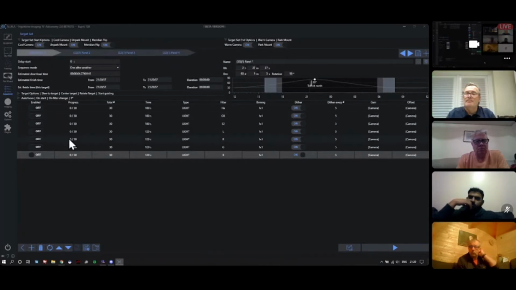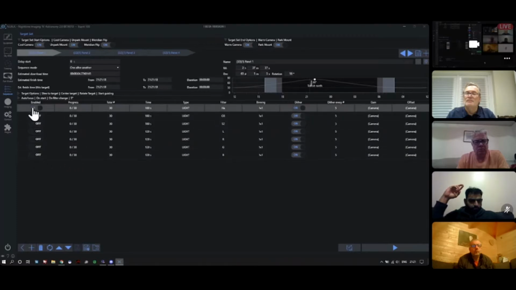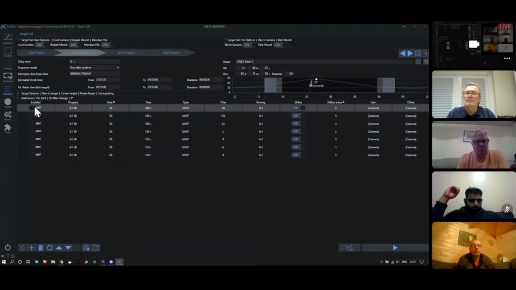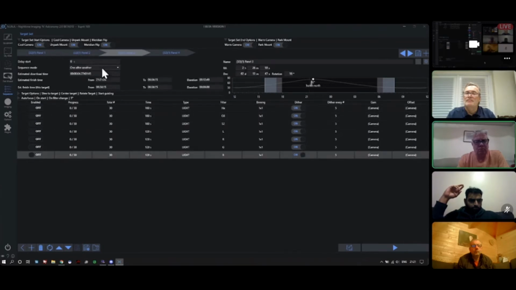So it builds like a sequence set, they call it, which has got all the information in that you need. Now, what I've done on mine is I've set a template up, and it has entries for every possible combination I would probably want to do. So what I would do then is I'd say we're going to do this in SHO. I would just come in here and tick these on and just say, for these targets,